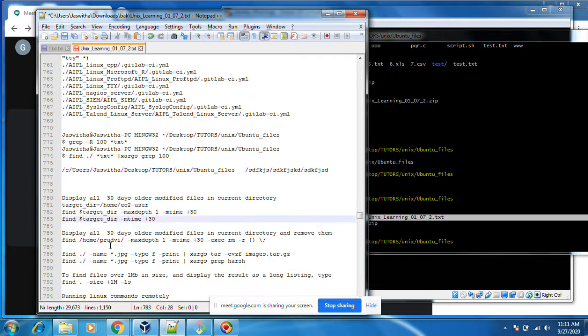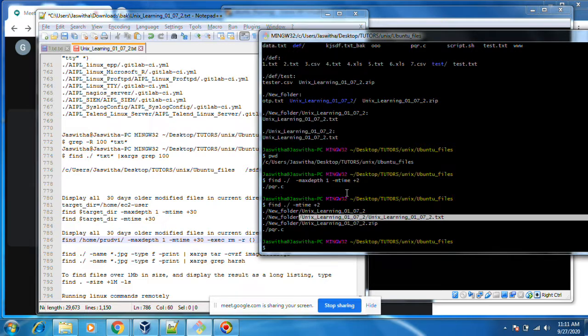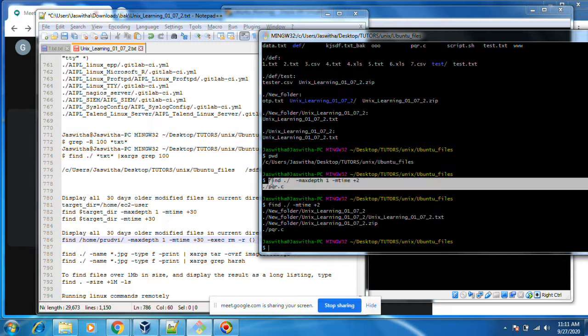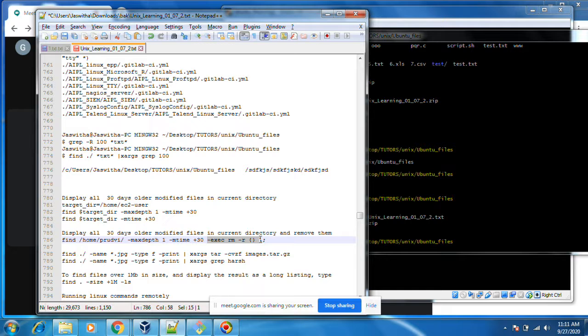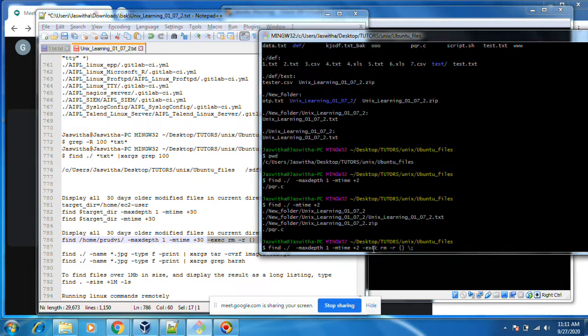Okay, if I want to find and delete all 30 days older files, or find and delete all 2 days older files, you need to do an extra command. -exec means execution, it works the same as xargs. rm -rf means removal.